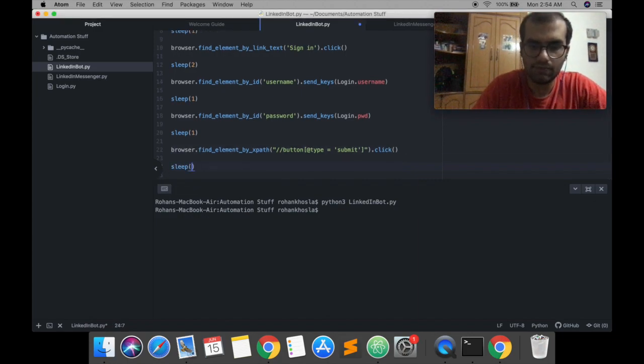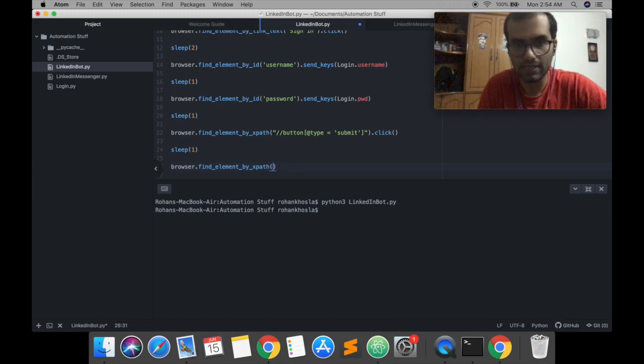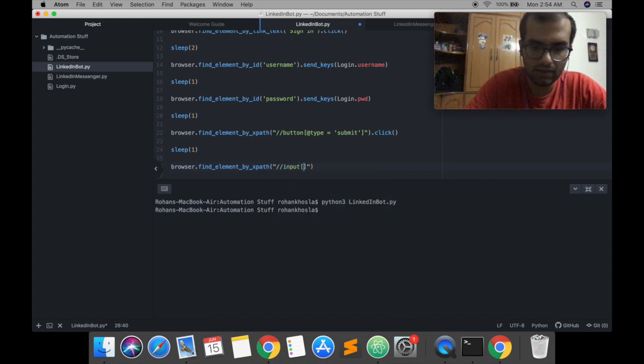Let this sleep for a second. And browser dot find element by XPath. Since this was an input and there's nothing really that we can find element by input, we're going to use XPath again. And the same thing as with the button, but instead of button we replace it with input and everything else remains the same.